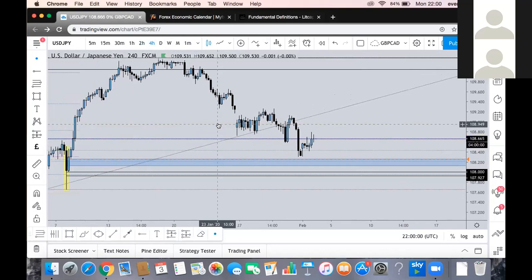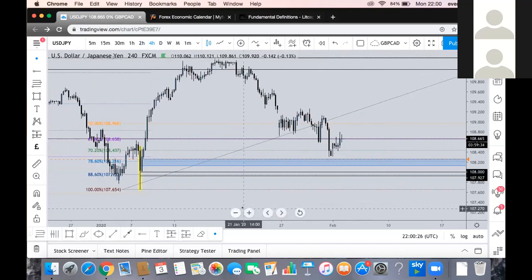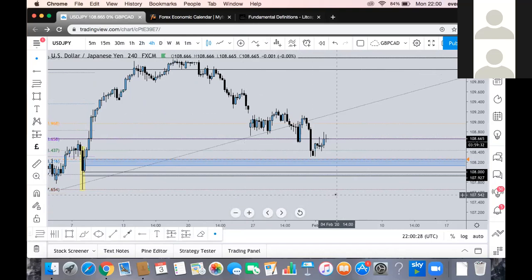I'm not too sure. USD JPY does tend to take its time in order to move, because it is very fundamental based, with it being such a safe haven type currency with USD and the yen. So bear in mind, if USD JPY does go up, gold will be correcting on its way down as well. Something I have been eyeing on gold, but I don't really have a lucrative setup just yet. But that is what I do hope to see. So it could play out this week with all the news coming.